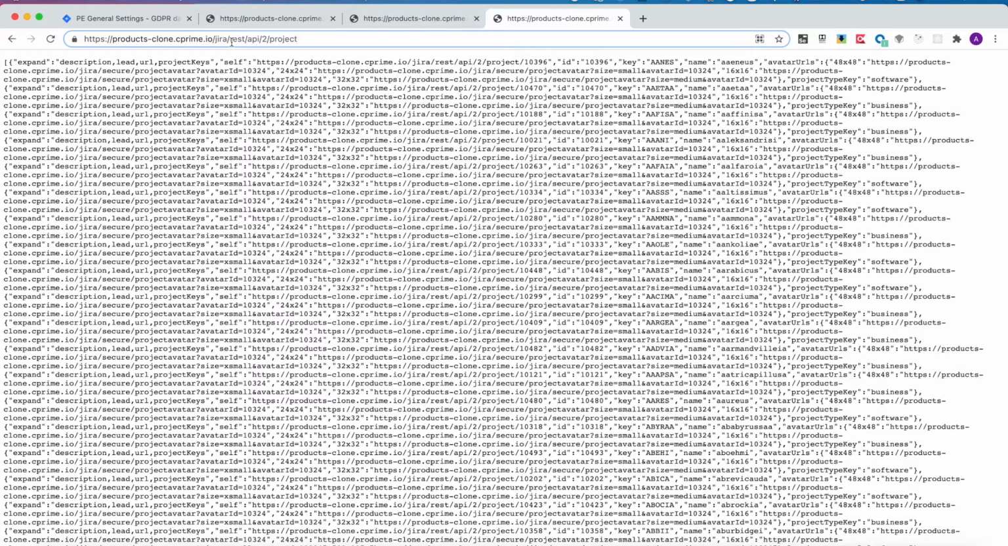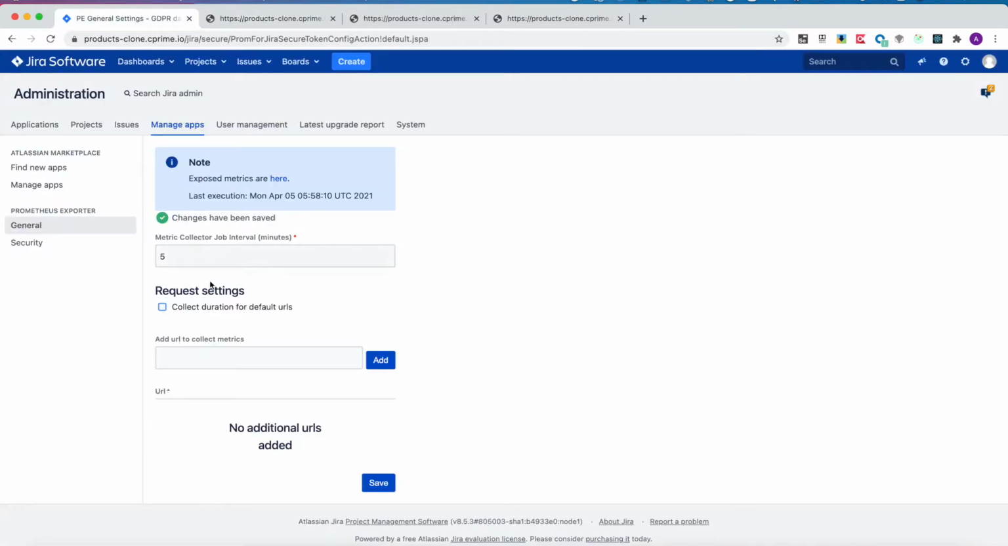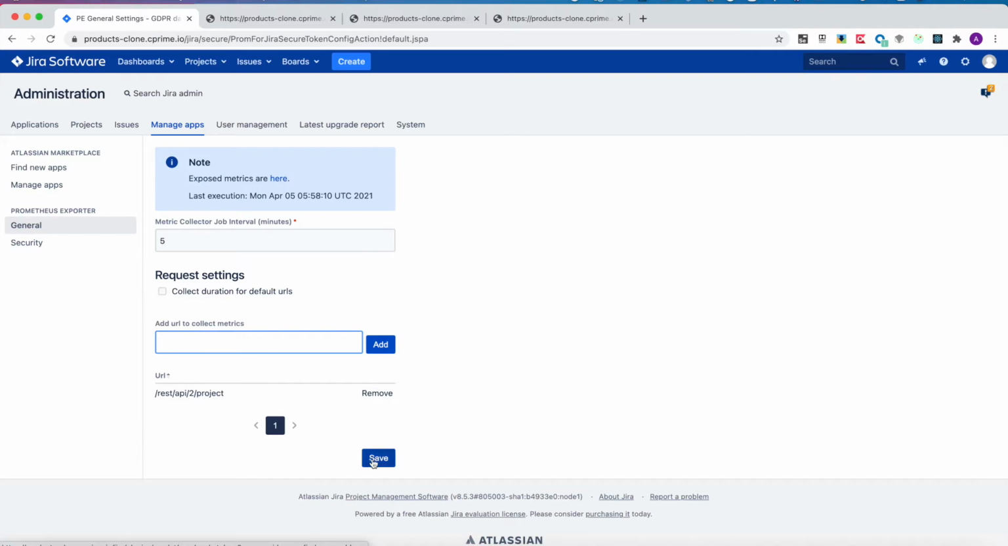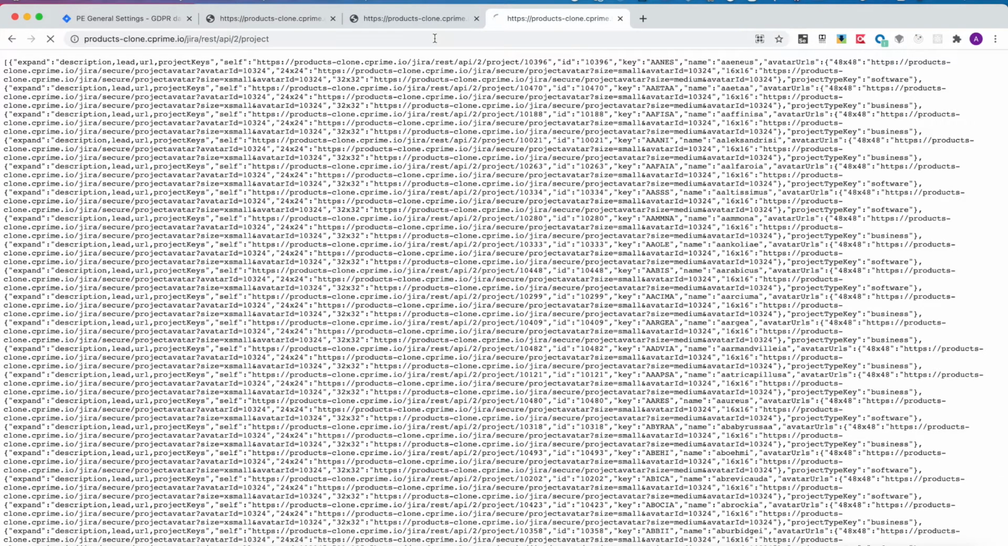It shouldn't be only a REST endpoint. I will show you later. But we will start with the REST endpoint. Let's say I want to monitor this one, REST API to project. We go to settings and add it here. Save. And now if we call it over here,